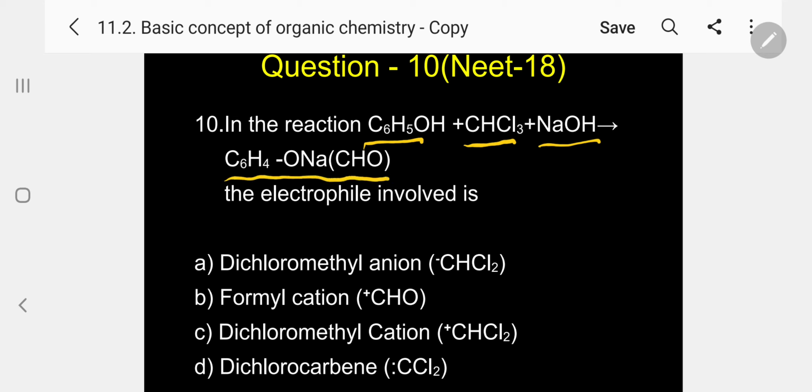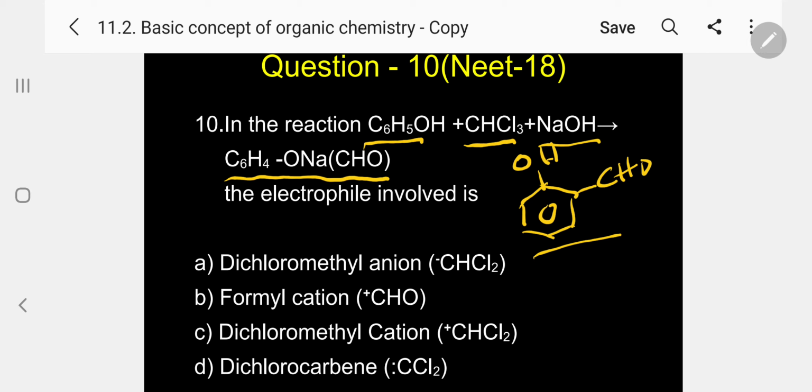So I will write the product, nothing but the corresponding ortho-hydroxybenzaldehyde. I am writing it here this way, OH, CHO. Here Na is shown. Actually, Na will be hydrolyzed and the final product will be the corresponding